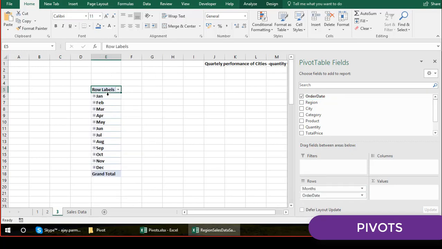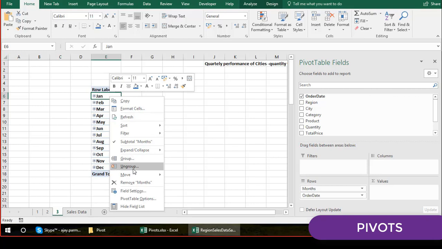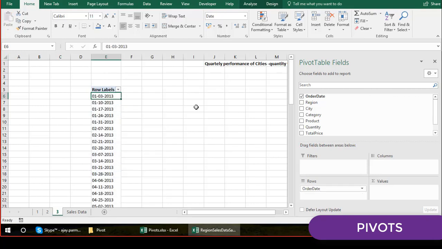Okay, now for the time being, just forget about this option because right now you see I have already started getting the months, but there is no month in my data. They are the dates. Why is it coming? Because of some of my settings. So I just go and change that. This is your actual original data. So when you drag the date, this is how your date should look.